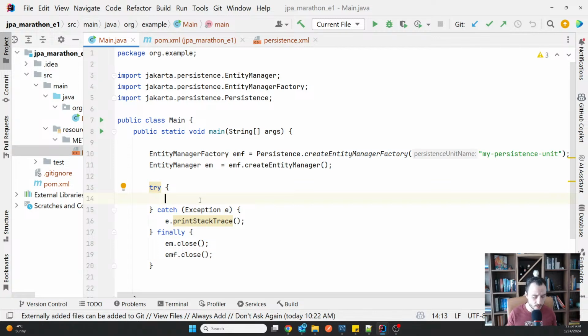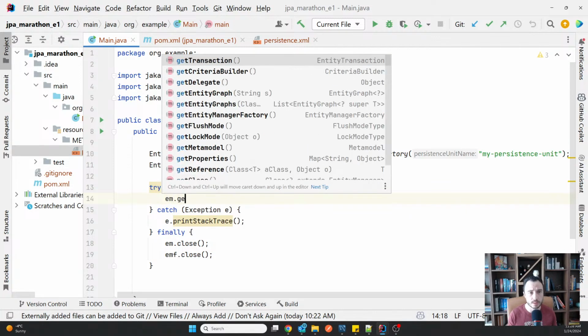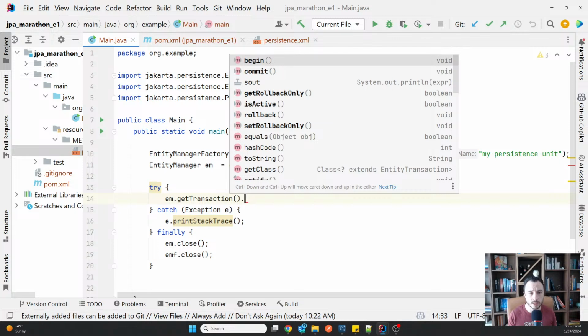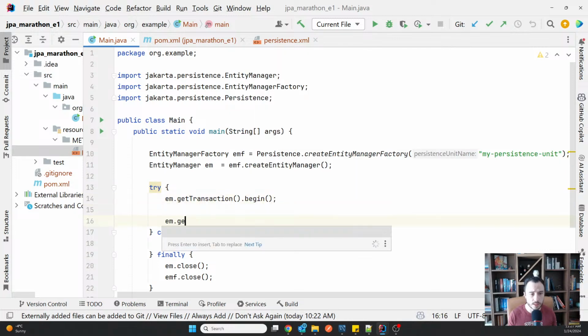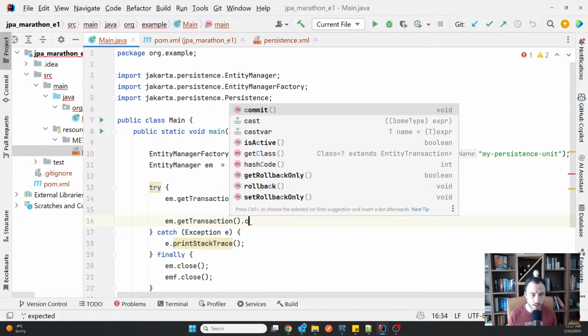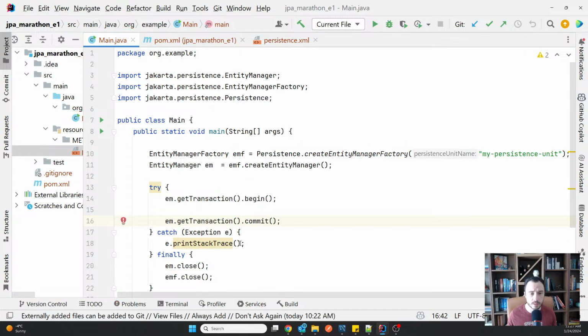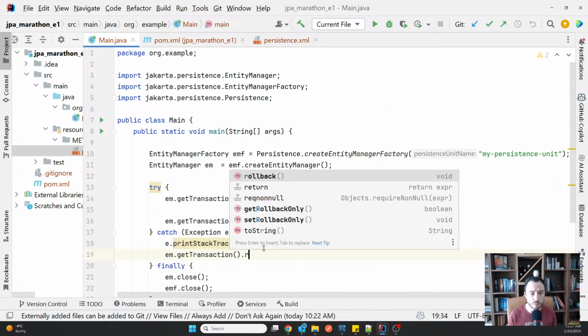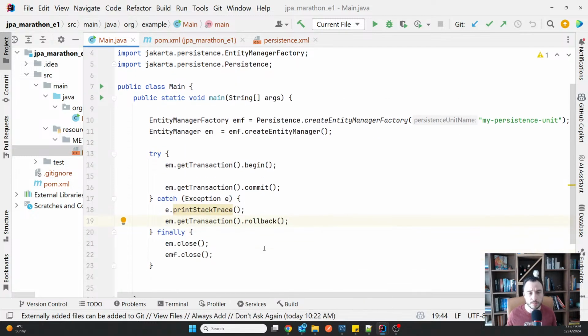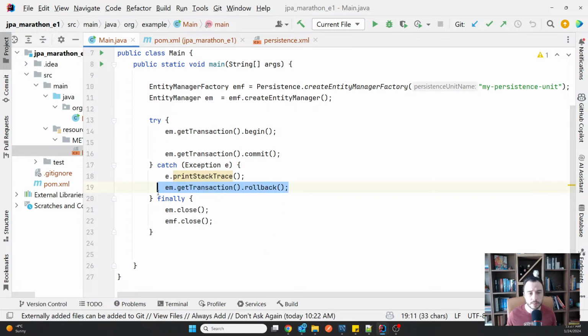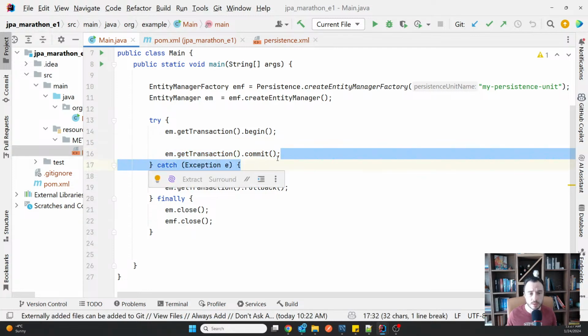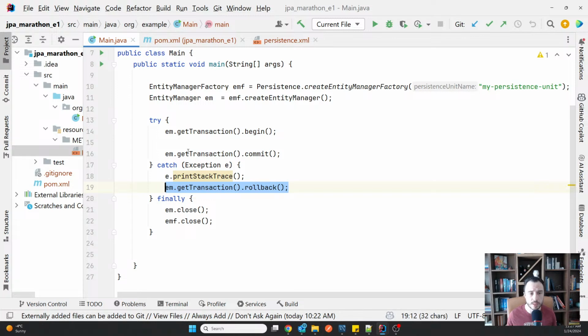And what am I doing here? I'm just going to do it like this. I'm going to start a transaction and end the transaction, and the transaction can end with rollback or commit. So usually if you want to roll back the operations, you call the rollback method. If you want to commit them to make them persistent, you use the commit method here. So one thing you can do is use the rollback in case you have an exception like I did this way.